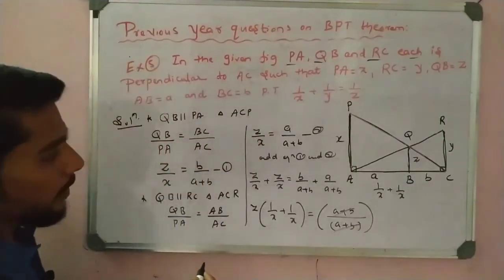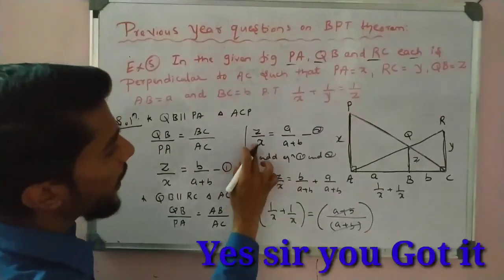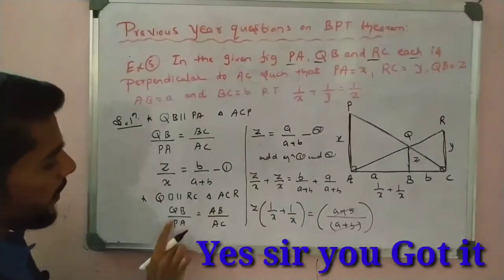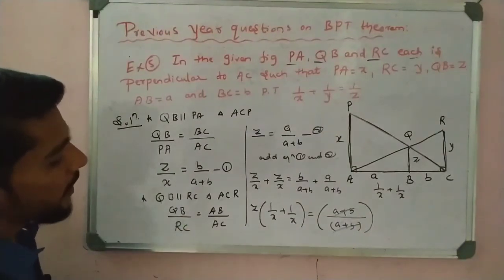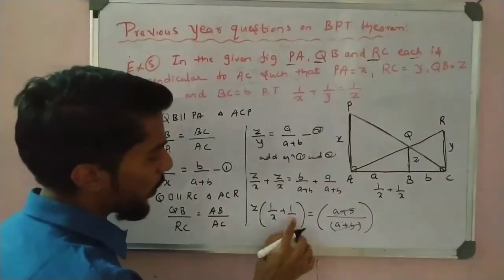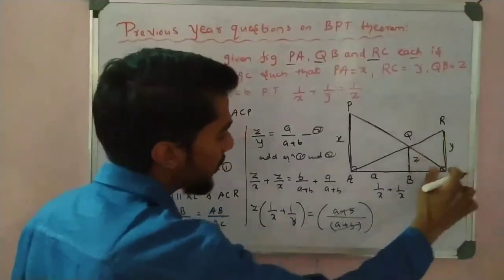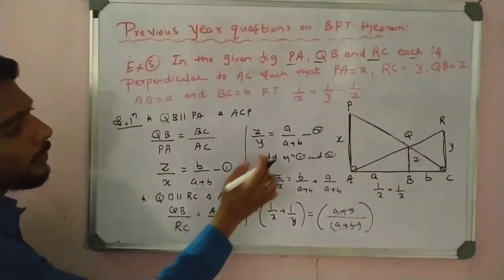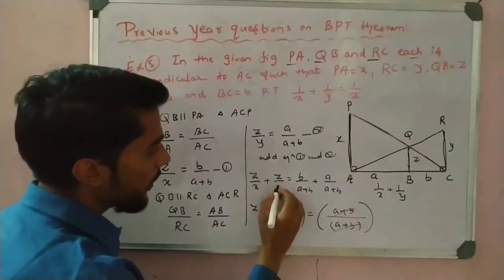Oh wait, sorry, here I made a mistake. So what is, sorry, it is not PA, it is RC, right? Very sorry. Okay, I made a mistake, right? So it is RC, right? So RC is y. Okay, so I can make y. In this triangle, I can take RC as base. So now RC is automatically y. So I take y. So here how much is it? It is y. Okay, correct, it is y.